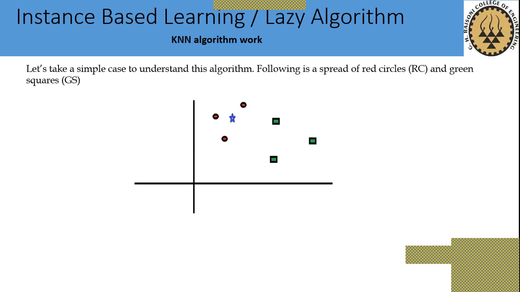So let us take an example, and using this example I would like to explain what KNN is. Let us start. I have one data set and I differentiate the data set into 2 classes. First is the red circle and the second one is the green square. So the red circle and the green square are well-defined